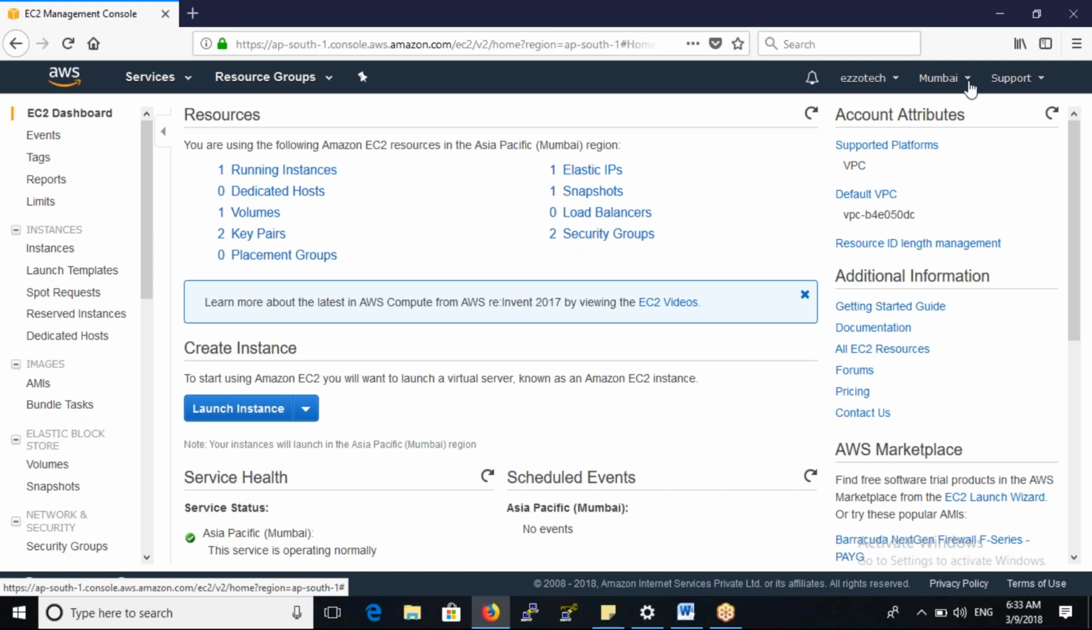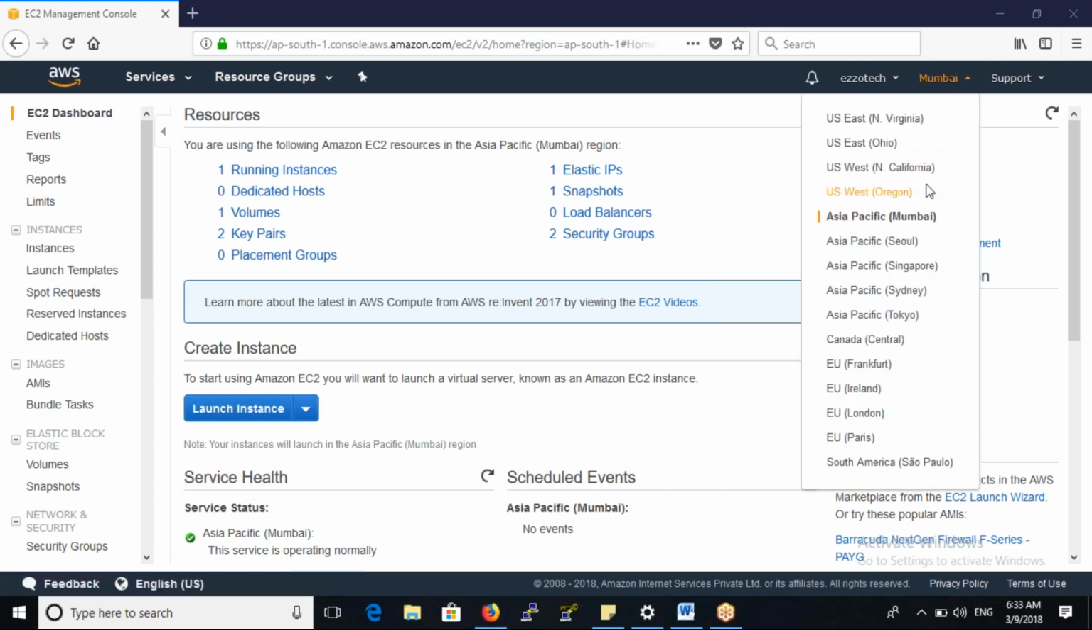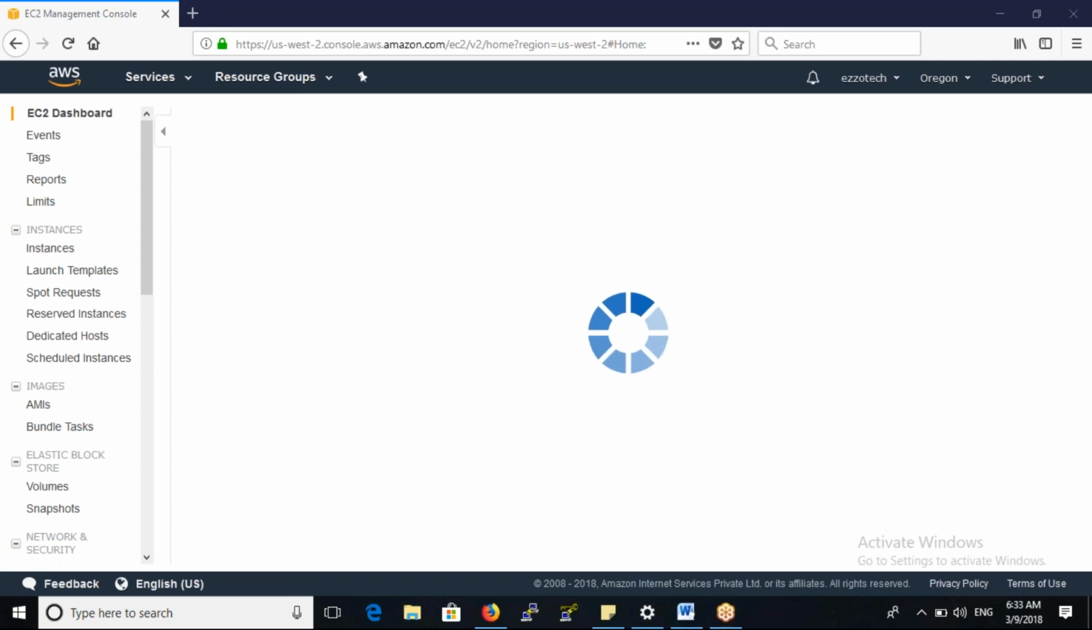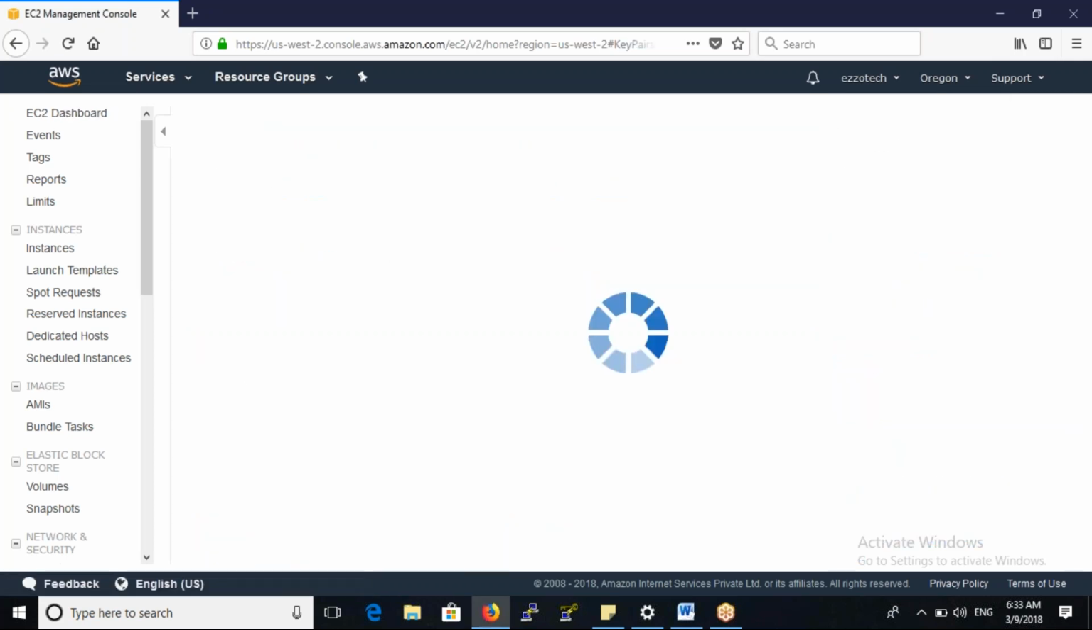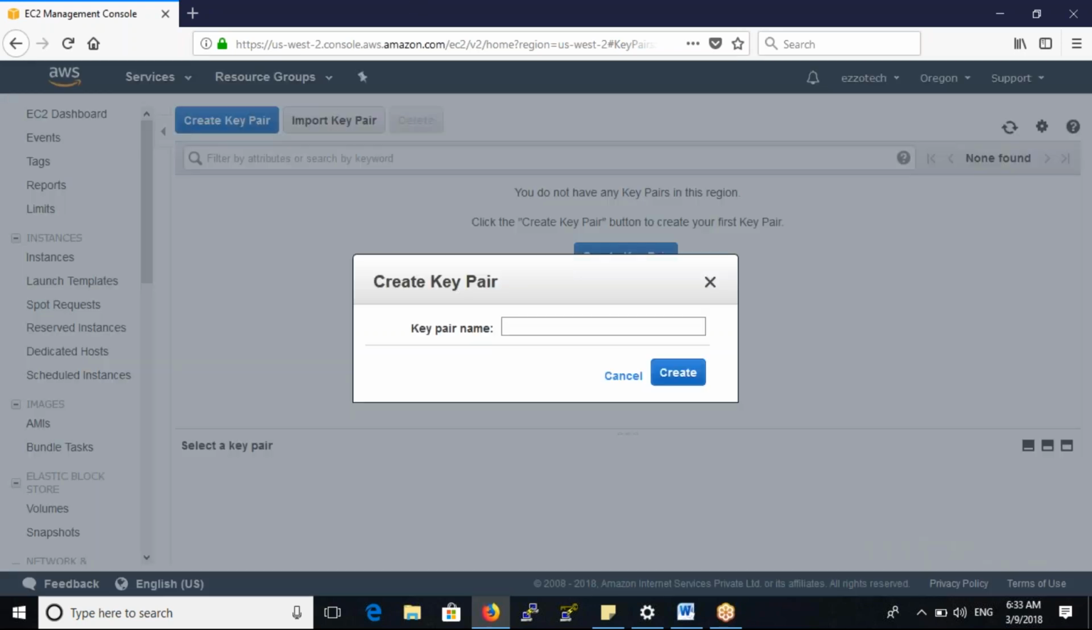So let me change the region first. I am opting for Oregon. Since the EC2 service is region specific, all the resources that we create under this service are limited, or you can say available for use only in that specific region. So now I'm in the Oregon region, and the very first step is that I'm going to create one key pair, and I'm going to name this key pair Linux underscore web underscore Oregon,